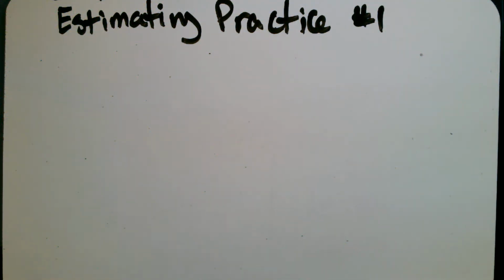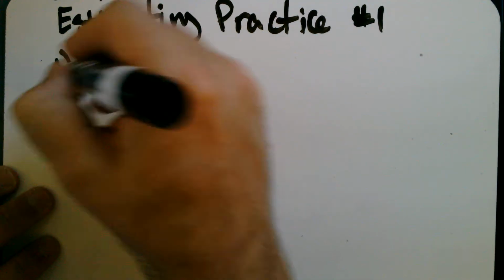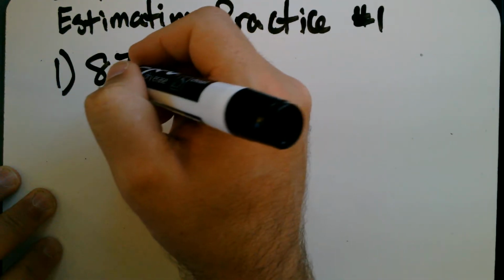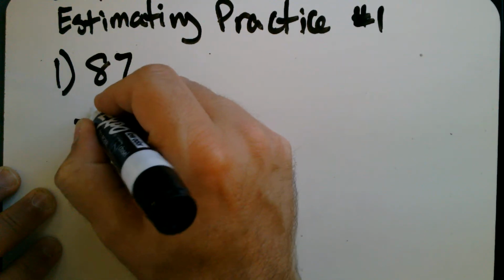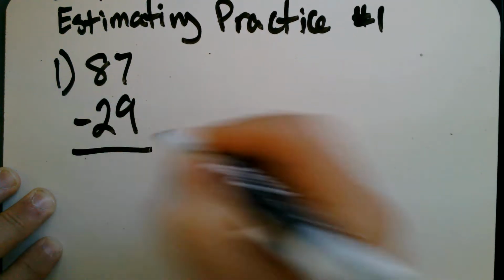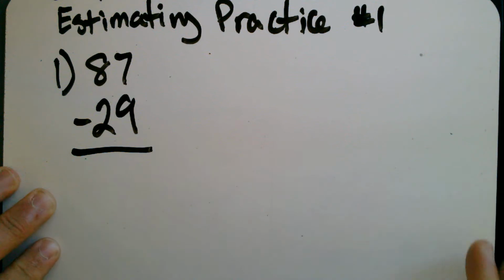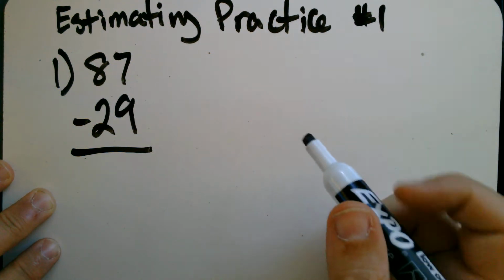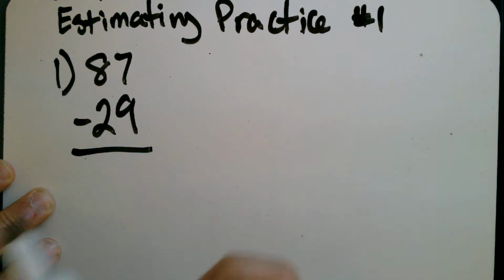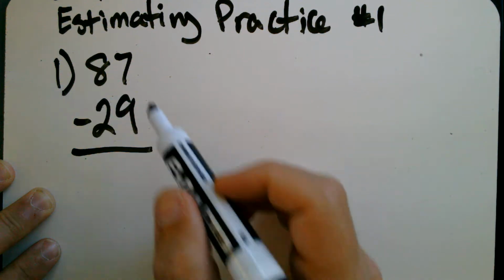Alright, in this video we are going to do the first three problems in our estimating sums and differences practice. So number one, we have 87 minus 29. Now estimating, or rounding, when we're doing subtraction is really helpful because we don't have